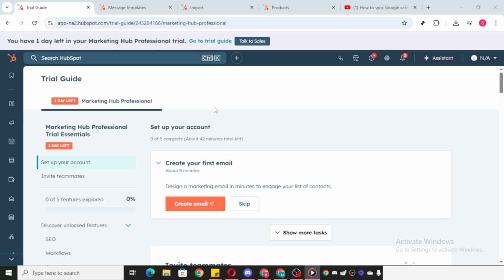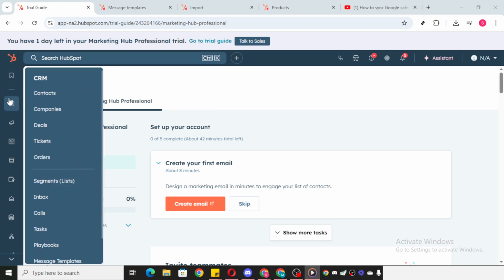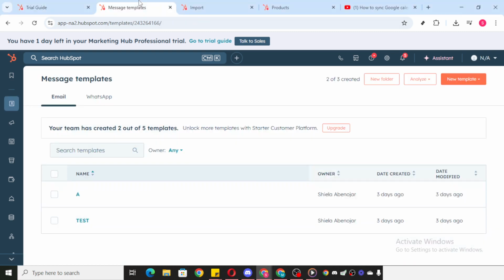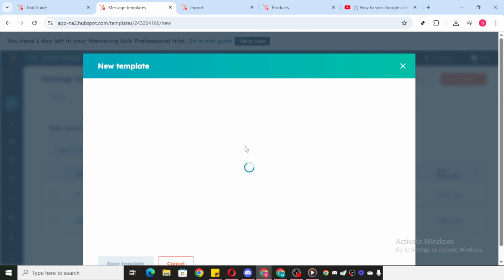Now, from your homepage, navigate to the CRM. Here, you'll want to select Message Template. This area is crucial as it's where you'll craft the templates for your newsletter, which plays a key role in communicating effectively with your leads. Click on New Template to get started. From here, you will select From Scratch, providing you with a blank canvas to create a newsletter tailored to your